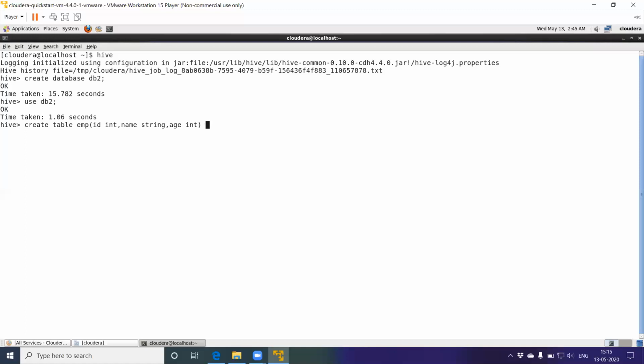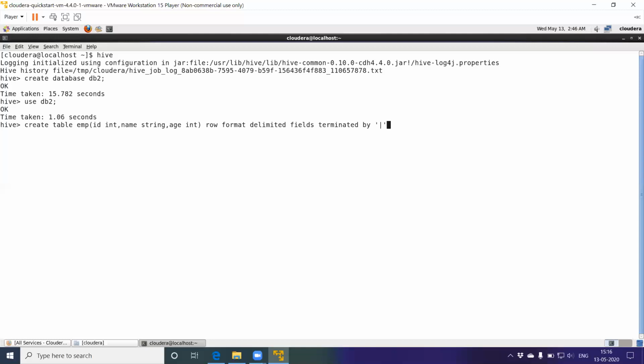I have to mention the row format of the table. So row format delimited fields terminated by, within single quotes I mention the delimiter character that identifies the field.